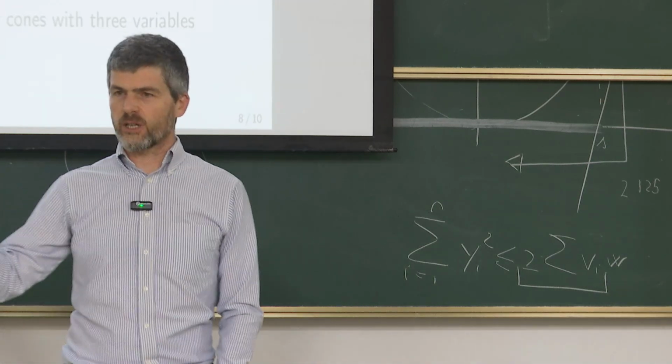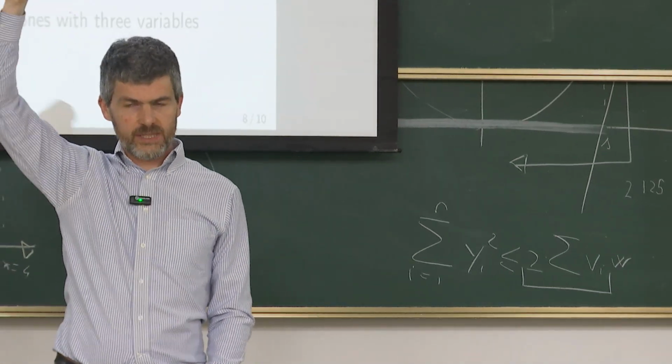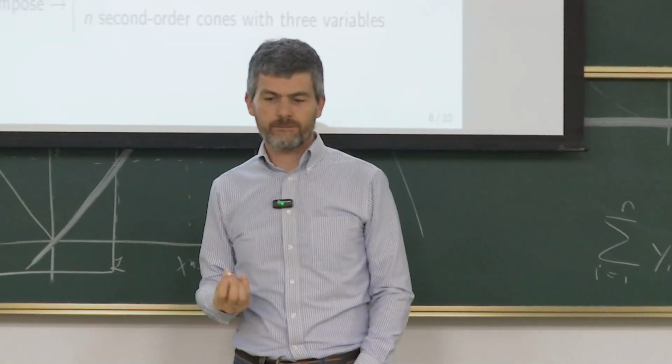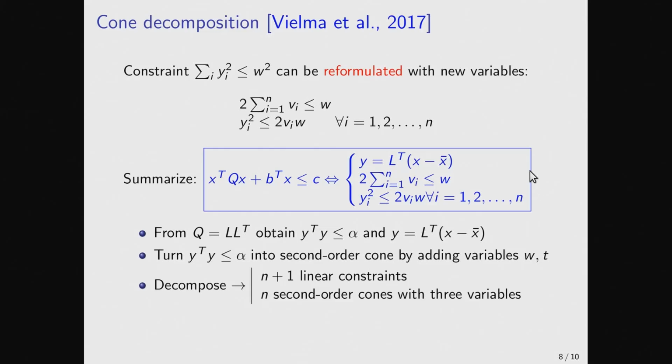This is only part of the proof, obviously. So if you start from the 2 bottom constraints, you get to the first, but there's a way to prove the other direction as well. The important thing is extremely practical. So if I didn't try it on real software, I would think that this is all junk. But if you go from this quadratic constraint and you reformulate it this way, and you end up with a lot of extra linear constraints, and then another linear constraint, and then a lot of small rotated second order cones,